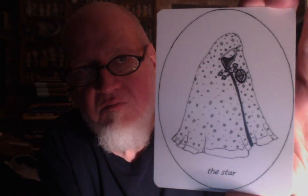The Devil, the Tower. There's a couple of them, this is one of them, that remind me of the ink work of Edward Gorey, if you're familiar with Edward Gorey's books and artwork. The Star, the Moon is someone facing away, and at first I thought it was an insect, but there's the whole range of moon phases down the back of the cloak. The Sun,